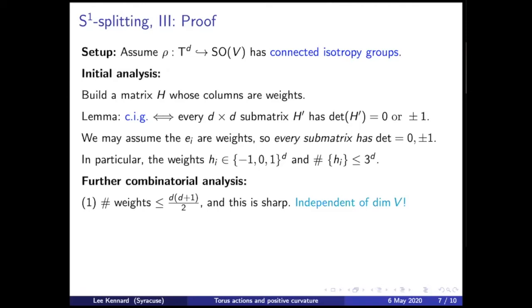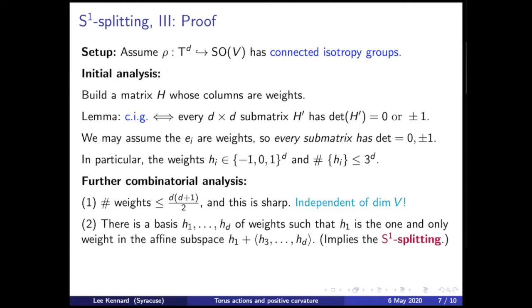So again, this is not a result that's used for the splitting theorem, and it's not used for the T5 theorem, but it's kind of easy to digest, and it's a result which is independent of the vector space dimension. Remember, in the geometry problem, the vector space is basically the tangent space of the manifold. So this is a statement about the isotropy representation, which is independent of the manifold dimension. You might start to believe now that we can prove something which is independent of the manifold dimension.